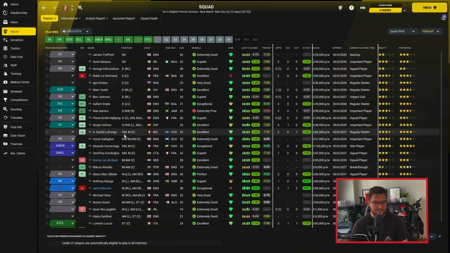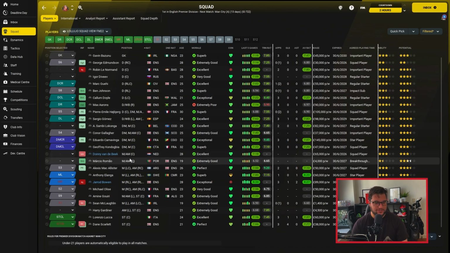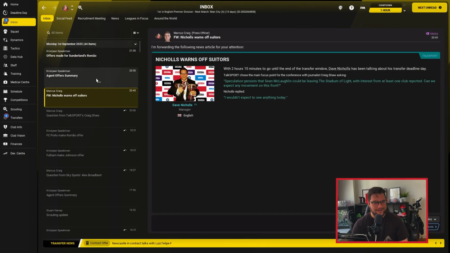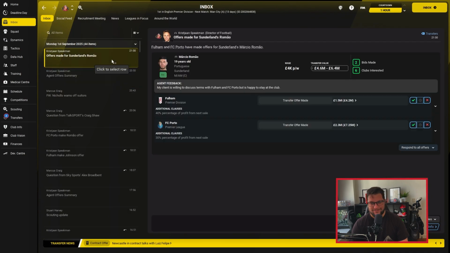Donny Van De Beek's the only deal so far. Callum Doyle has now got Arsenal interested in him. And Ben Johnson's still with Fulham. Romeo has a number of clubs after him. Sean McLaughlin's got a few in there as well. Luton on loan, that's not going to happen. And Dane Scarlett still wanted by Leeds. But with 2 hours remaining, you've got to feel that nothing's really going to happen because it just doesn't feel